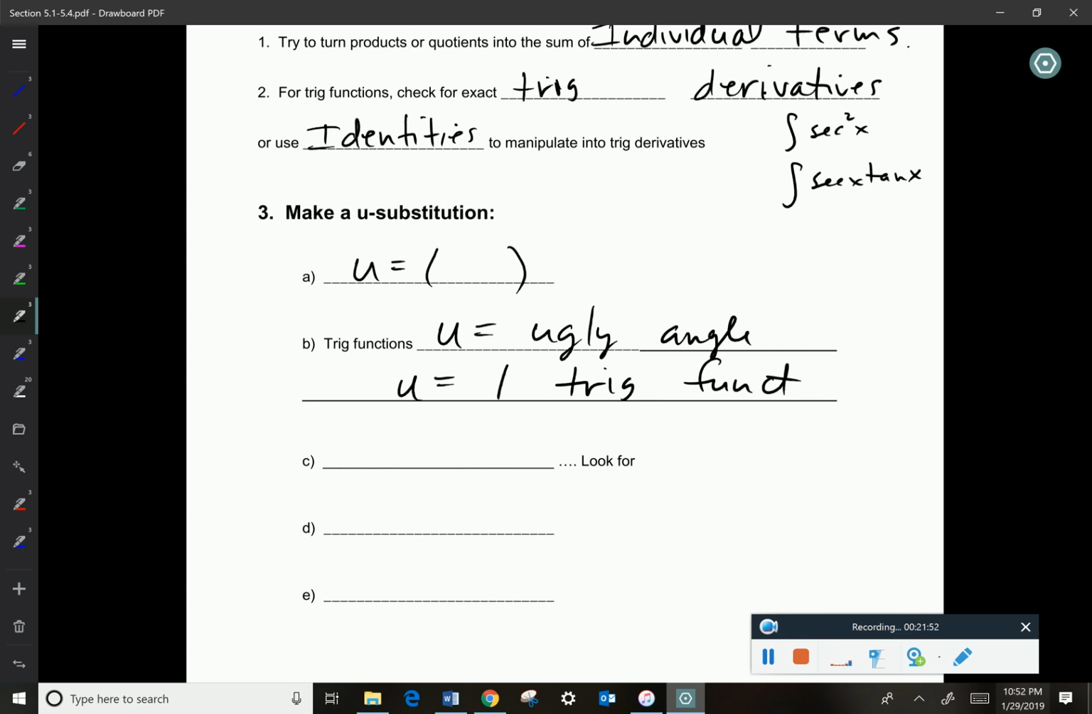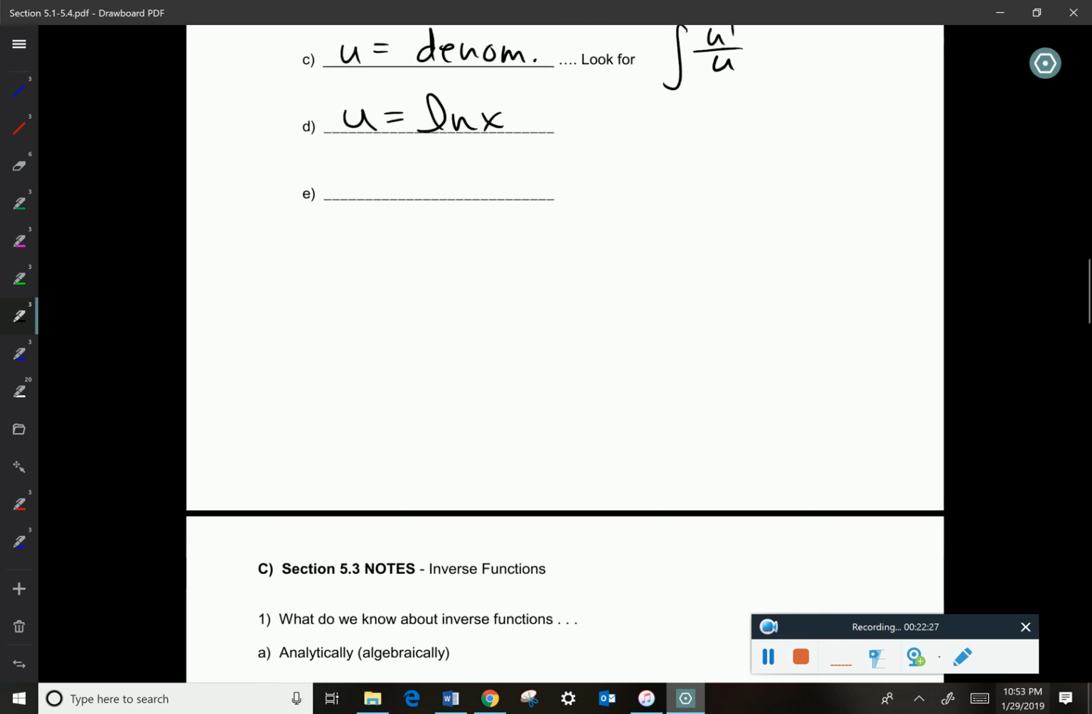And today we just brought in, well, you might let u equal the denominator. And a little hint, if that's what you're thinking, before you go through all the work, look and see if you might have a u prime over u. Because when you let u equal the denominator, frequently they turn into u prime over u problems. Okay? The next one we brought in was we said, hey, if there's a log, it trumps all else. Let u equal the natural log. And then the last one we're going to bring in tomorrow. Okay? So the last thing that I want to mention